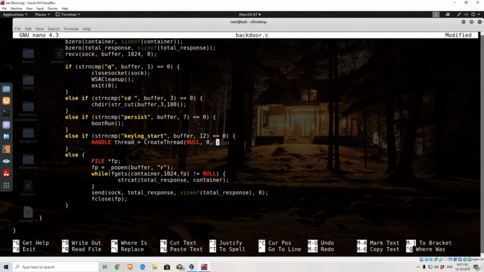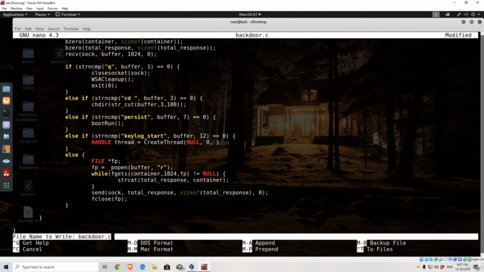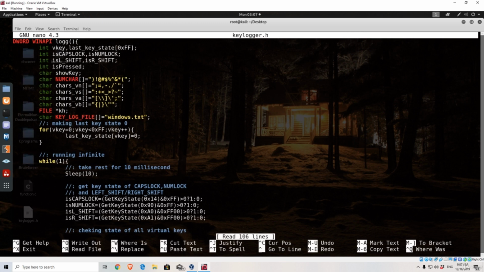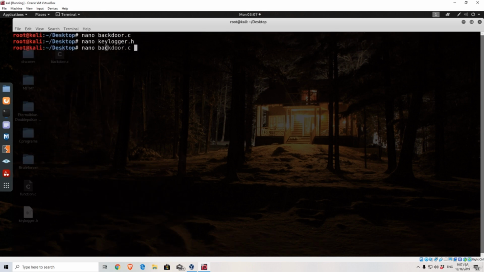So before we do that, we need to make sure that we specify the name of the function correctly. So let's go and check out what is the name of the function. Let's save this, nano our keylogger, and we can see the name of the function is log with 2 G's. Okay, so this is the name of the function that we need to specify inside of our createThread function. Let's close this, go back to our backdoor,